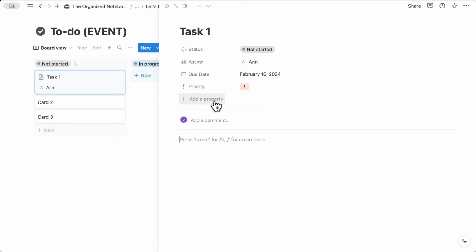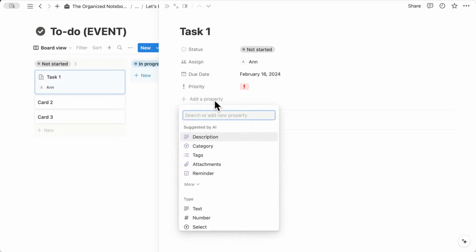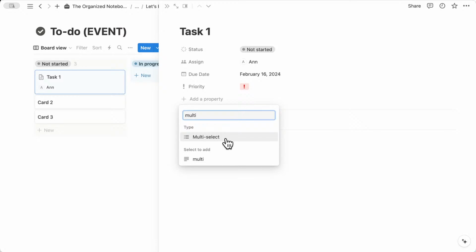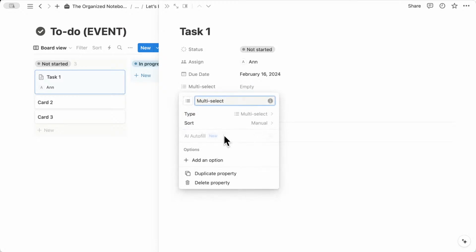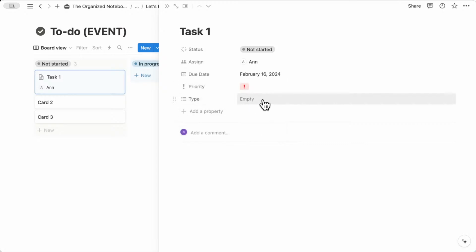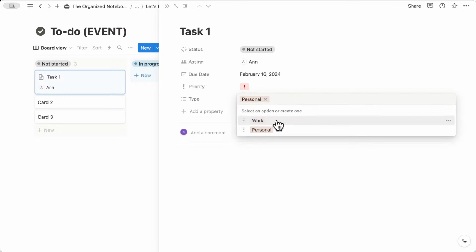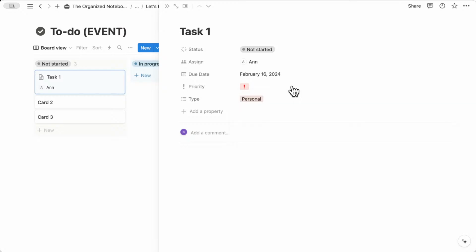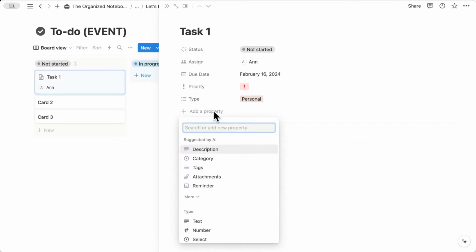And the next one we're going to add is, for example, a type. So we're going to do multi-select for this one in case you have multiple types for one task. And this is going to be called type. And again, you can add some options. So let's say there's work, there's personal, like this. So we can put personal. And the other thing we can add is, for example, another